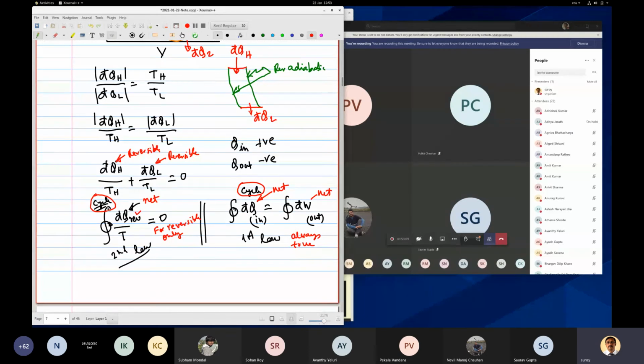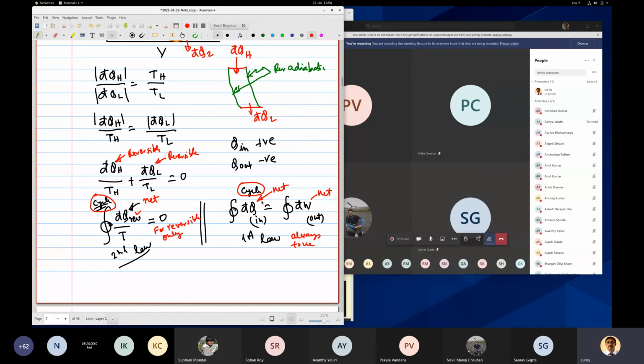If it's a reversible cycle, for reversible only, we are considering everything to be reversible. So we have now come up with the answer that in a reversible cycle, dq reversible, it could be heat coming in or going out of the system, reversible system, if you integrate it by T, and this is the temperature at which the heat transfer takes place, then in a cycle it will be 0. So this is called the second law.